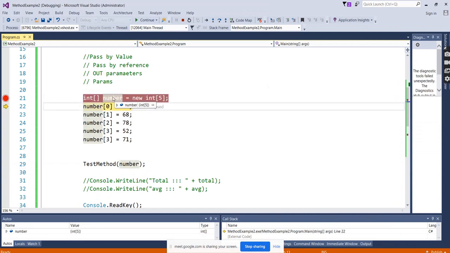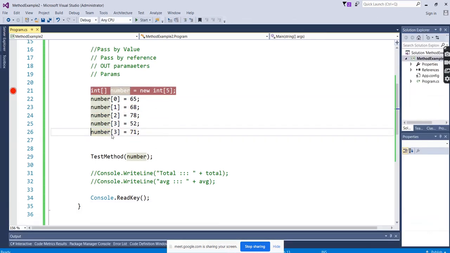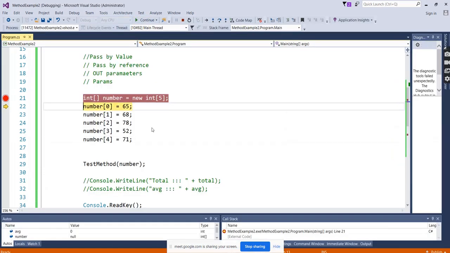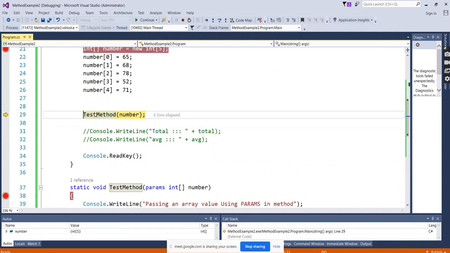So the array is created with a size of 5, so 5 values we are storing. Okay, sorry, there's a problem of copy paste. If you're not modifying, it will be the same as the previous one. We have stored the 5 values and I'm calling the method. See, in our sessions over the last 2 days we have been seeing methods, but this is the first time we are passing an array to the method.